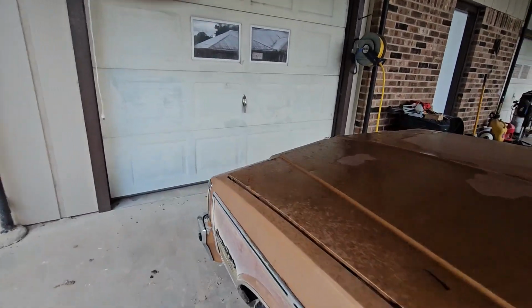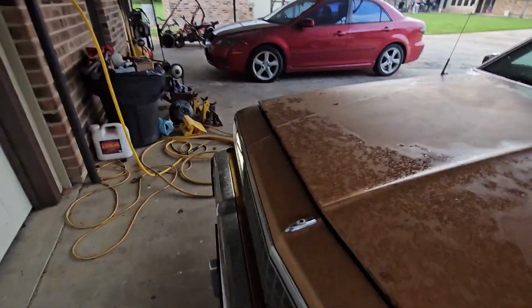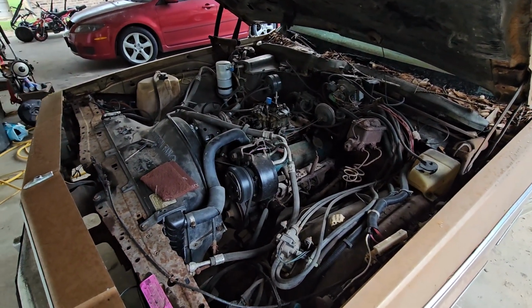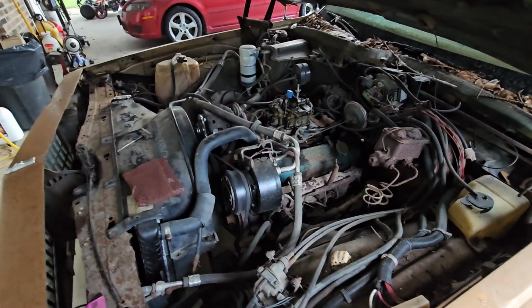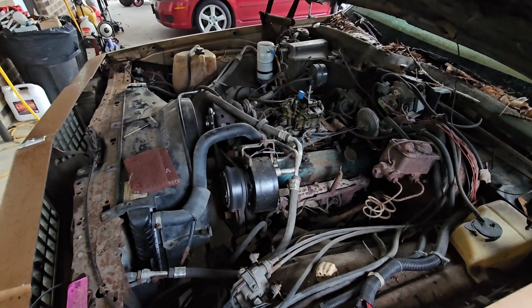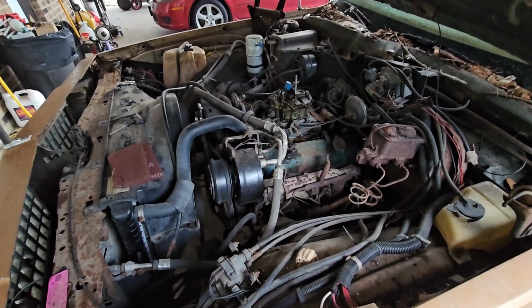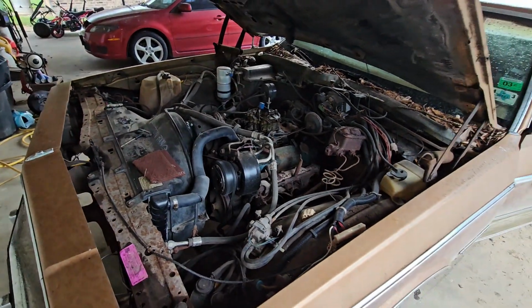Pretty crusty under the hood. See if I can fix that belt squeal real quick. Never mind, it went away. What was that? Weird. Huh. Anyways, that's probably it for today. I think I'm going to jack it up, change that tire, but...